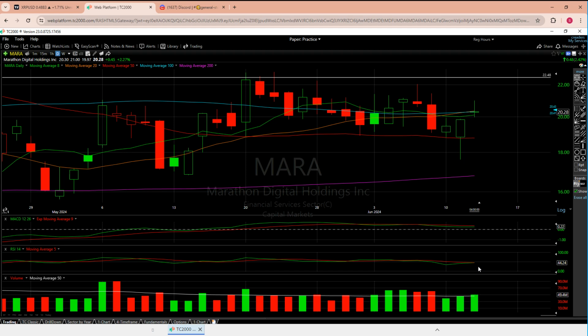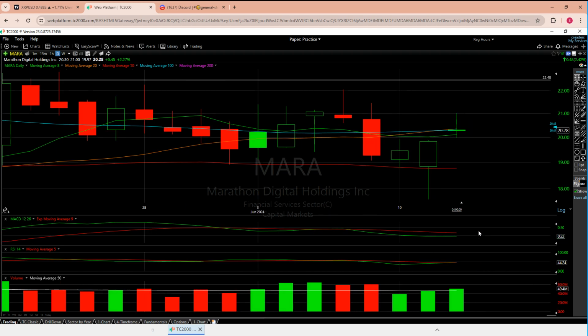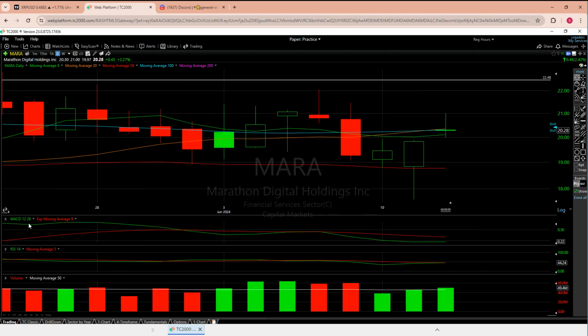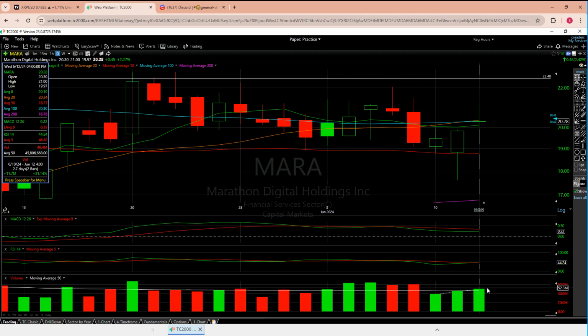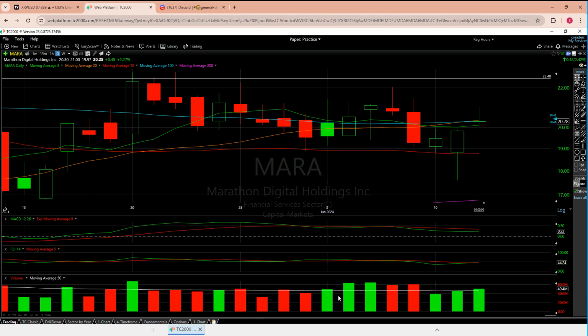MACD and RSI actually aren't that bad. Yeah, I see the red over green on both. You know I want green over red, right? Green is the go on the stop on the traffic light, right? Red says stop, right? So I want to see the green over red, but I'm at least liking the numbers. Volume's decent, and it's definitely been nice over the last 6, 7, 8 days, right?